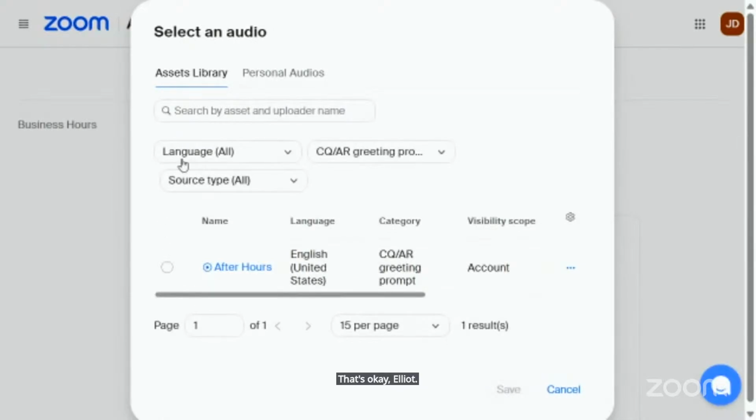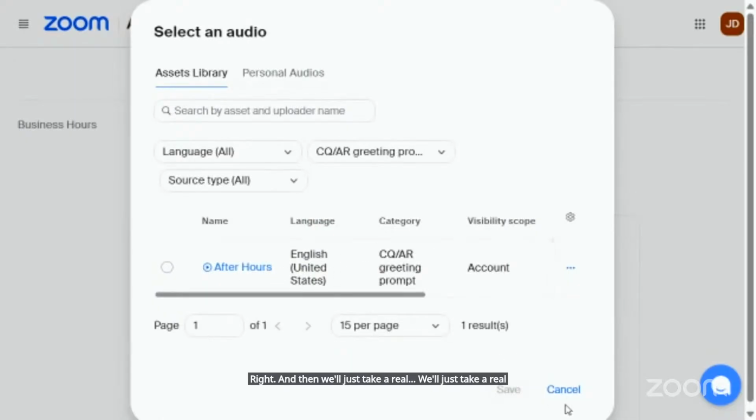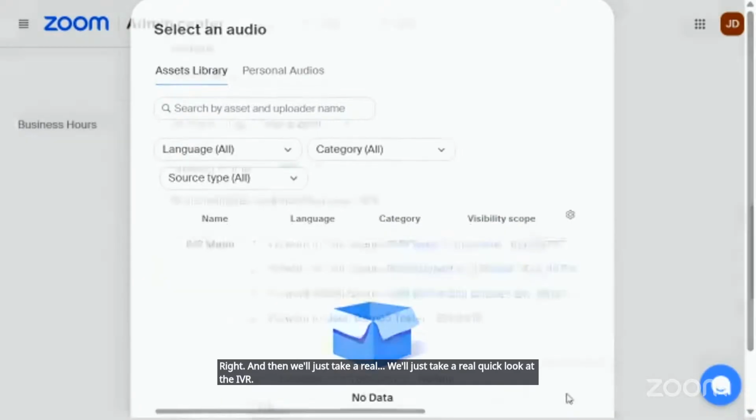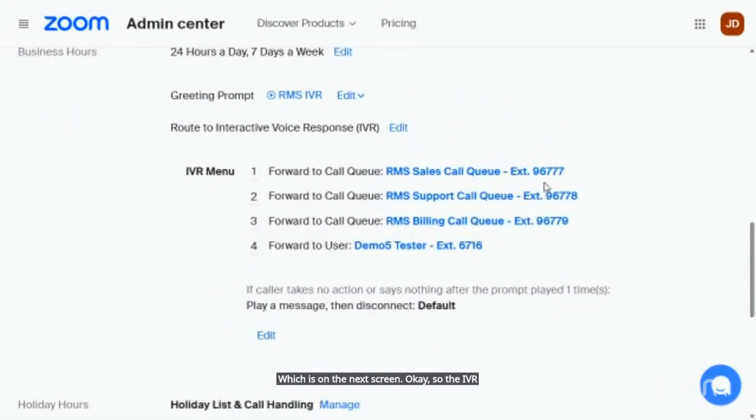We still get the idea that there's an asset library, and I can record various greetings and prompts, and then I can just take them when I need them. We'll just take a real quick look at the IVR on the next screen. So the IVR menu, if you pressed 1, it would forward to the call queue,